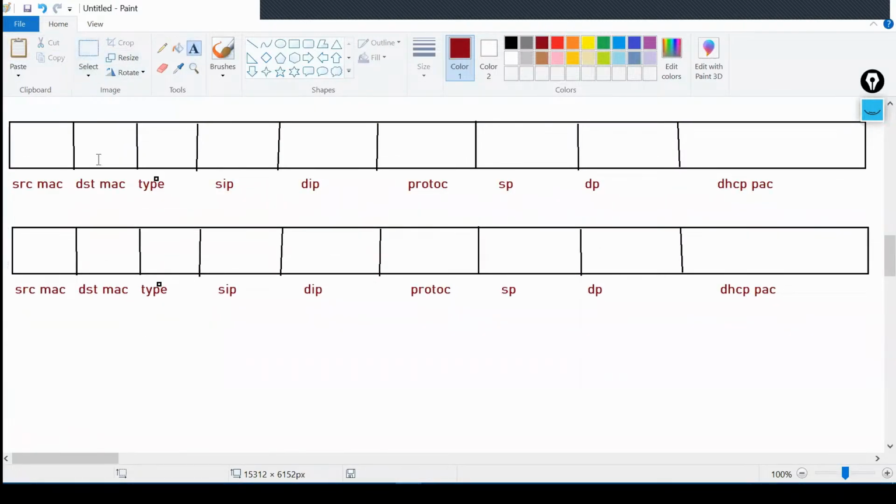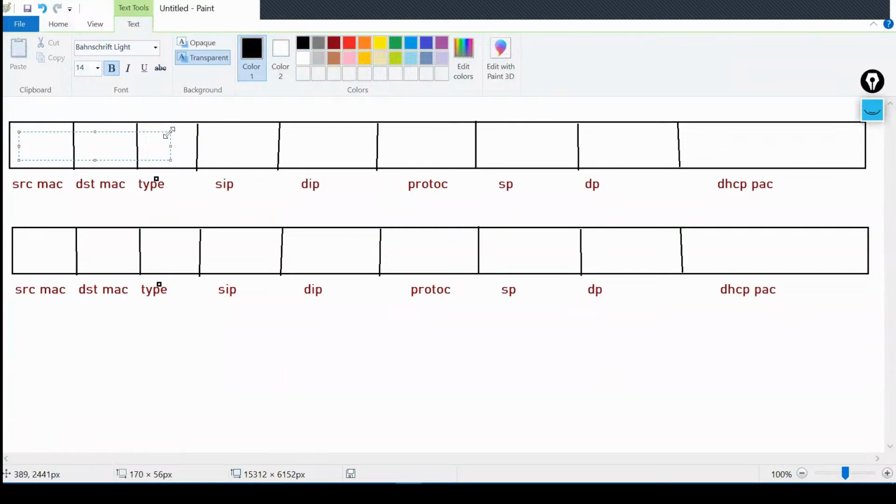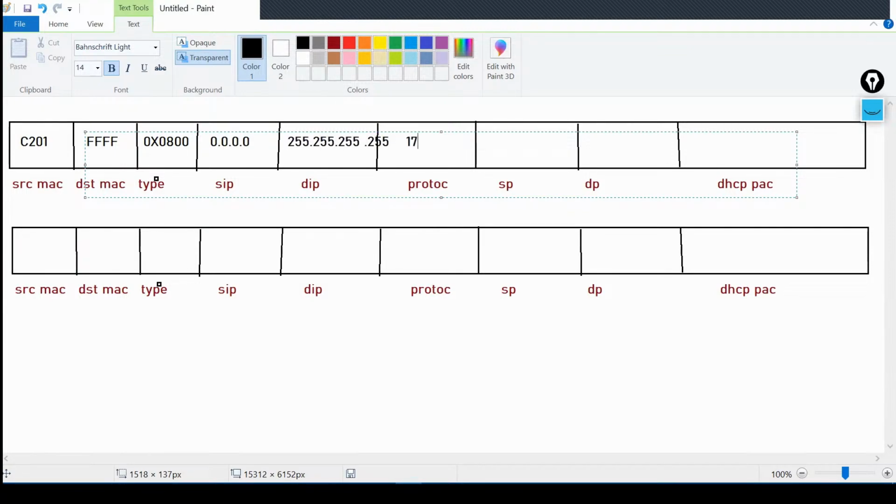Source MAC will be what? User MAC address. For example, I'm going to use C201. Destination MAC will be what? FFFF layer 2. Type will be 0x0800. Source IP will be 0.0.0.0. Destination IP will be broadcast. Protocol number 17. Source port number 68, destination port number 67.